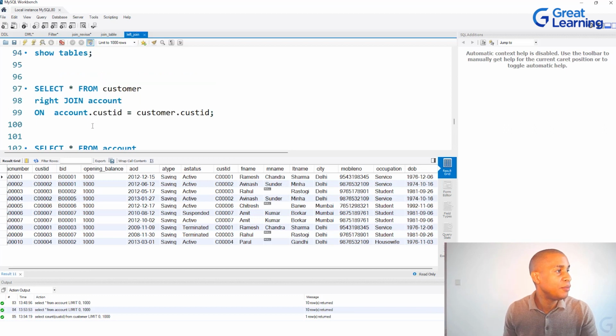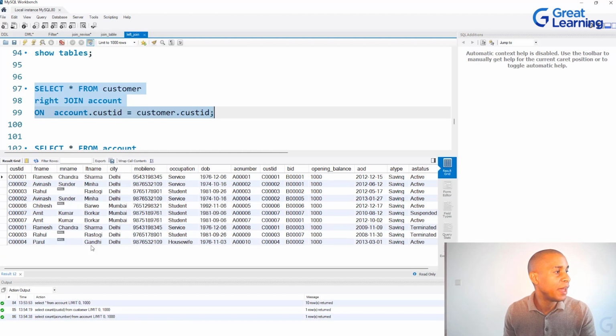So now we have the account table in the customer table. We are going to select from the customer table and right join on the account table. And we're going to use the on keyword to say to match on the account customer ID and the customer ID in the customer table. And so if you want to see what we will get if we run this, we just highlight it and we run that, bringing back all the customer information that is matching in our particular